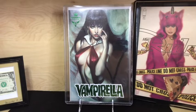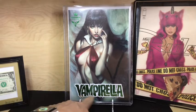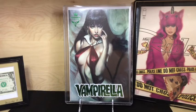There's 1 out of, I don't know, 1 out of 10, 15, 25, 50, 1,000 and something like that. But this is the 1 out of 50 incentive variant. You can tell by the green. I believe there's a red and platinum and some other, there's acetate. Anyway,